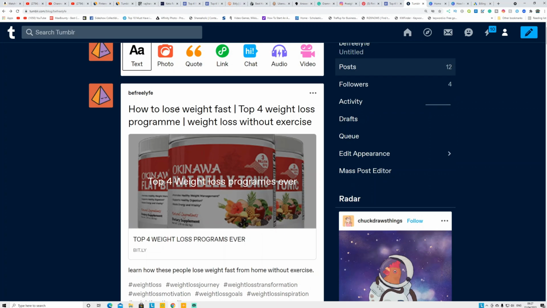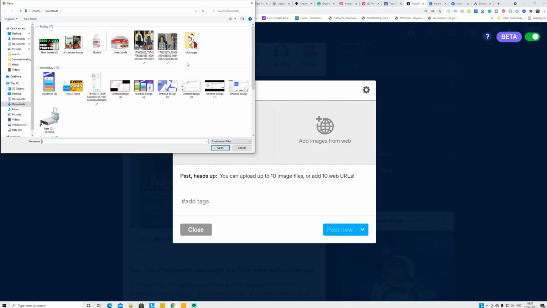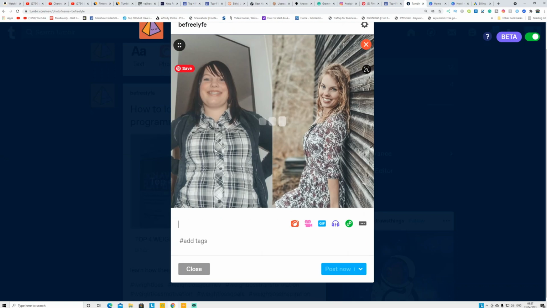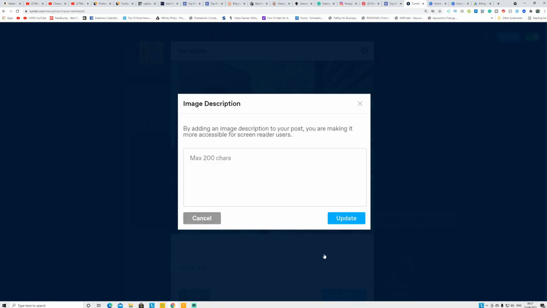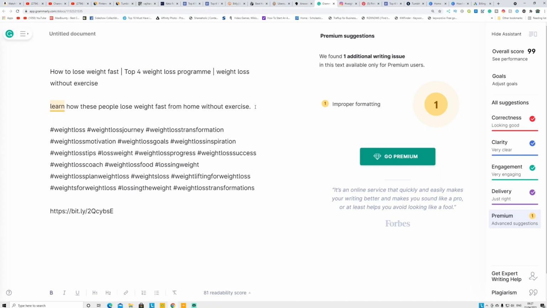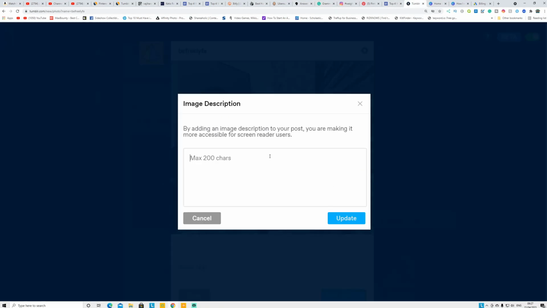The second way, you can post the photo, the same thing you downloaded from Instagram. Click photo, upload image. This is the image, copy and paste it. Now what you do, you have to give a title. So you can see, click this image, you can give an image description on here, copy that. This is the description, copy it, put it on here,